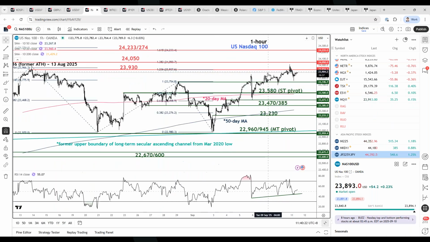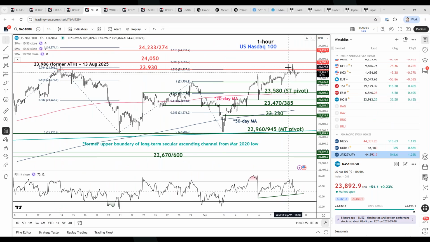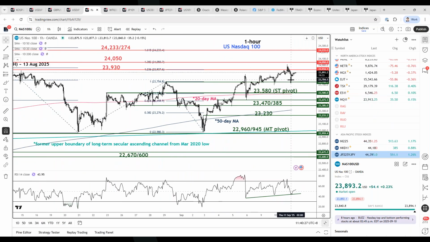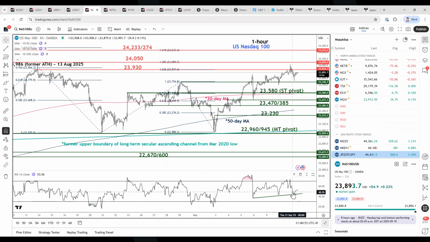So the Nasdaq 100 also hit our fresh all-time intraday high before staging that pullback, hitting our first support level at 23,745 before staging that minor bounce in today's Asia session. So no change for now. Still maintain that bullish bias on the Nasdaq 100 over here. The RSI managed to be tapped by this parallel ascending trend line, where the pullback managed to stage a bounce in the late US session yesterday as well, indicating that bullish momentum still remains intact in the short term for